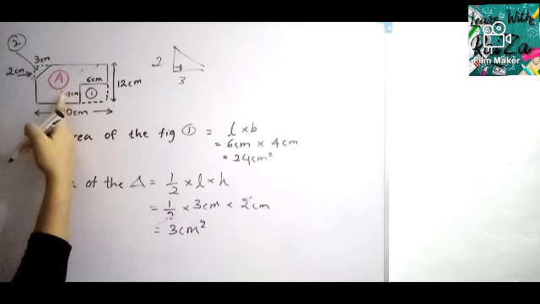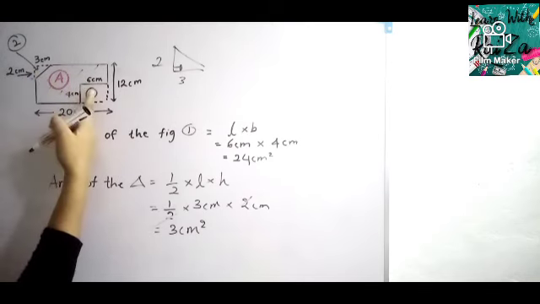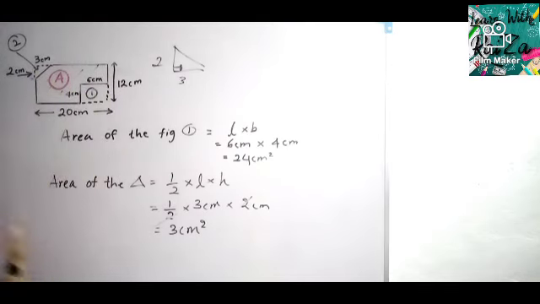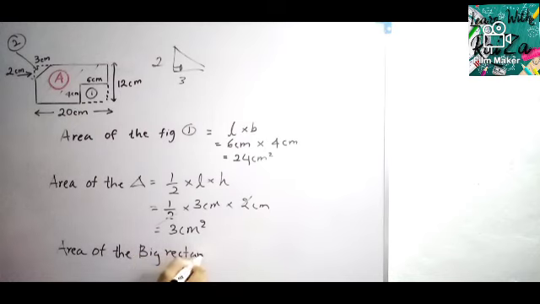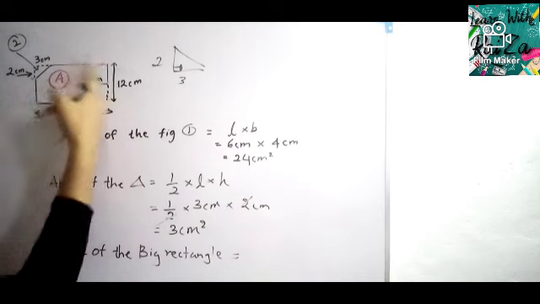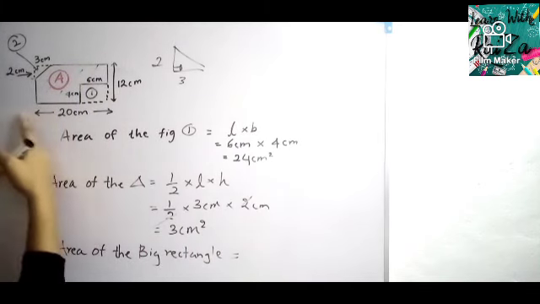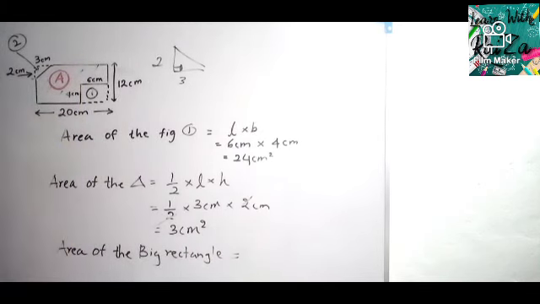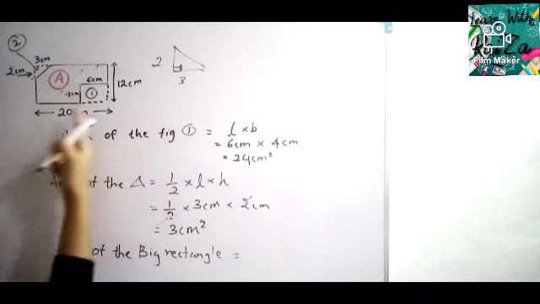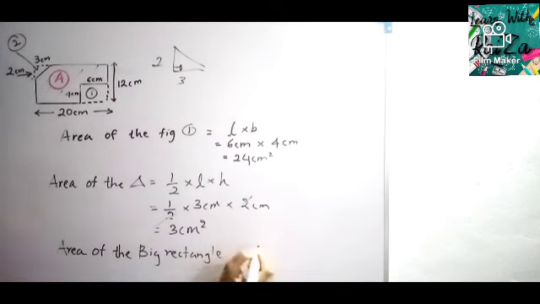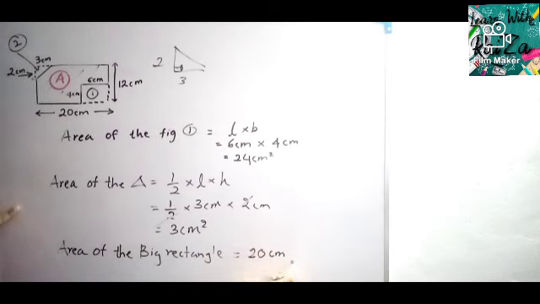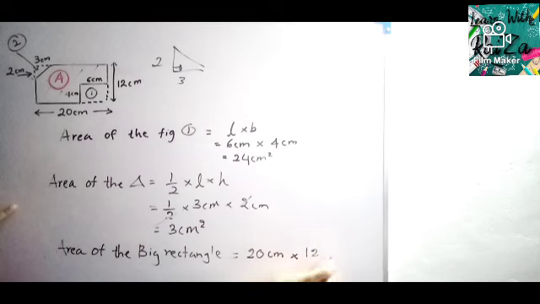Now to find this portion, we have to subtract this portion and this portion from the whole portion. For that, we have to find the area of the whole rectangle, the big rectangle. What is the big rectangle? This one, 12, 20. With the dotted lines, I'm assuming that as a big rectangle. Length into breadth, I told you. So what is the length? 20 centimeter multiplied by breadth 12 centimeters.